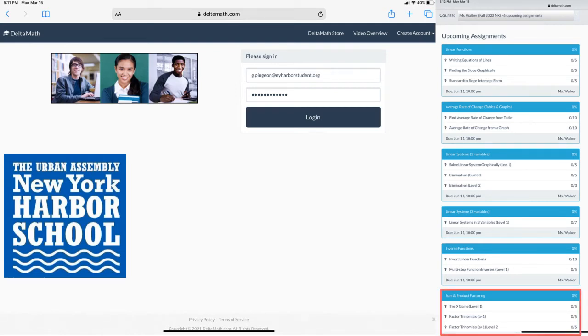Today we're working on the sum and product factoring assignment. We're going to work on 3 different skills: the X game, factor trinomials where a equals 1, and factor trinomials where a is greater than 1. So make sure that you log into your Delta Math account, type in the teacher code, and click on the